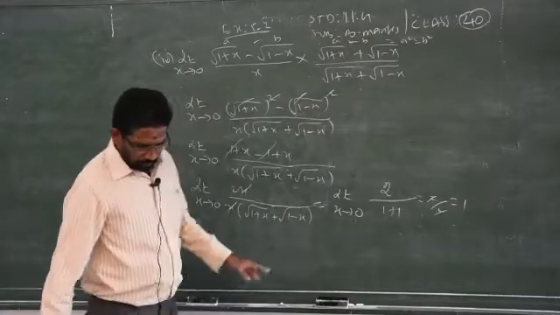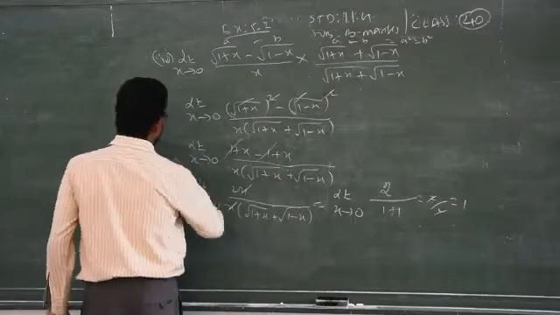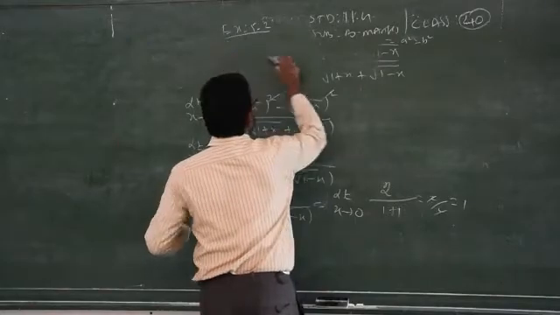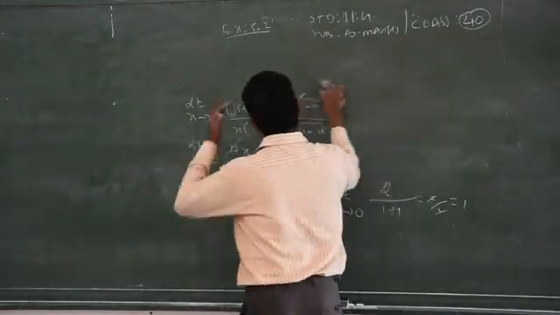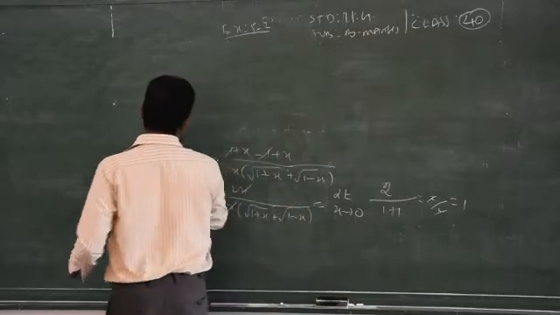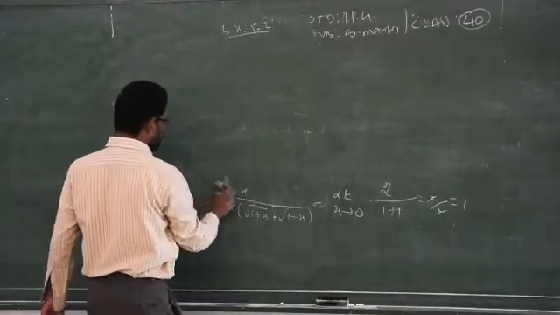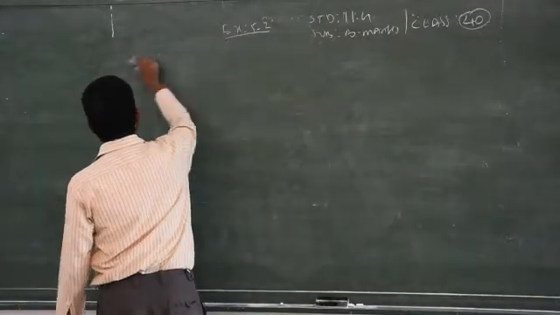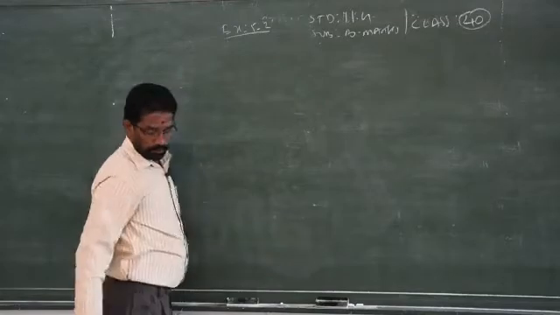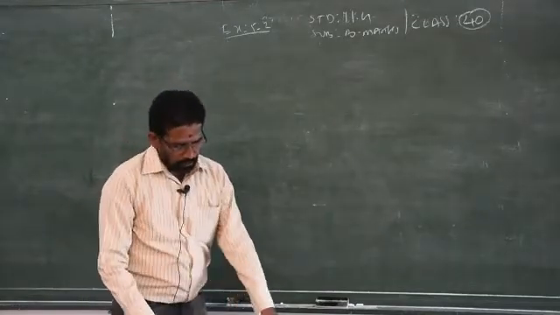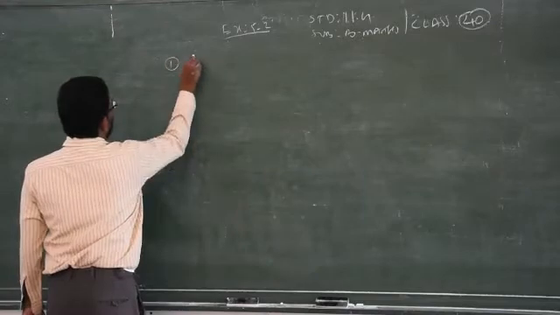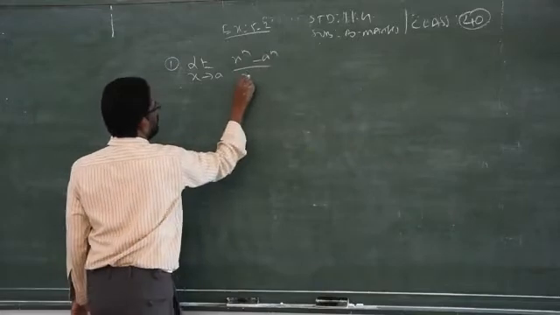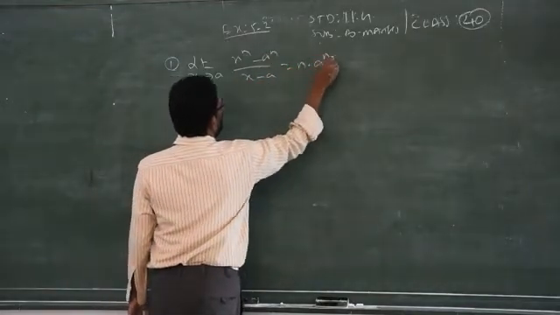Next, we will go to the fifth sum. For the fifth sum, you have to use some standard limits. I told you already, to solve these types of problems, you have to remember the algebraic formulas, factorization, and rationalizing. Apart from those three, you have to memorize some standard limits. So what is the standard limit for this problem? The first one is the formula: limit x goes to a, x power n minus a power n by x minus a,